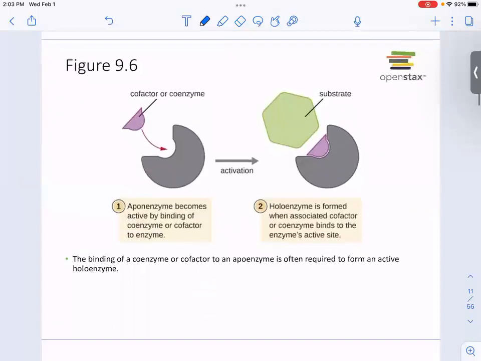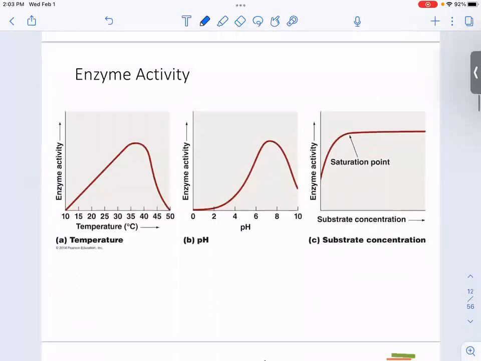And this is just the figure from your book that shows how the cofactor or the coenzyme has to be there, in this case, in order for the substrate to fit. Enzyme activity. So, of course, there's lots of different enzymes that are going to need different physical parameters, but